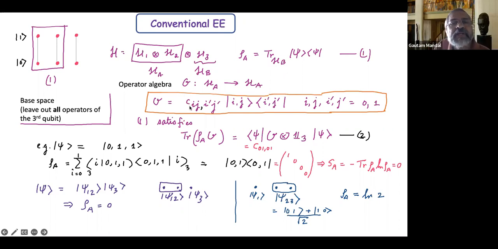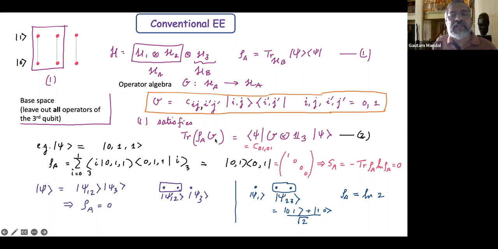if I consider a general operator, which is an operator in HA, that is to say, it takes states in HA, H1, H2, and converts it into some state in HA. Okay, so it's an operator from HA to HA. So the most general such operator is this kind of a thing, in which I take the ij ket and I prime j prime bra, where the ij I prime j prime can vary over 0 and 1. So this construction 1 satisfies the property 2, namely that if I take operators which are localized in